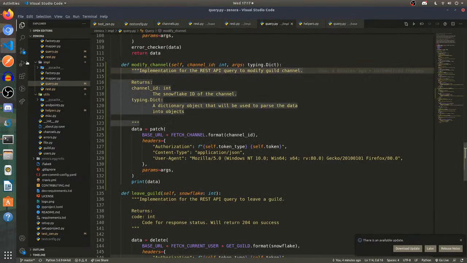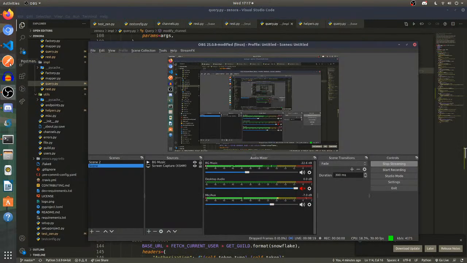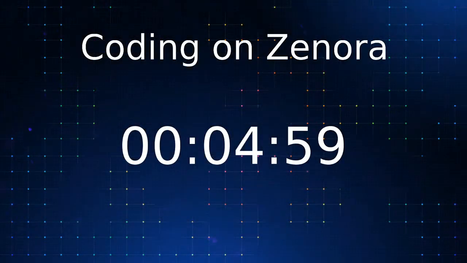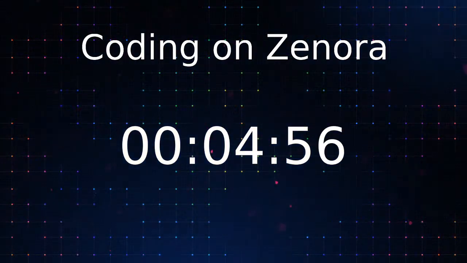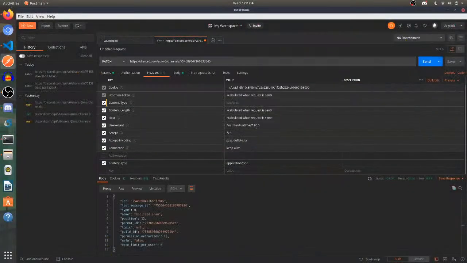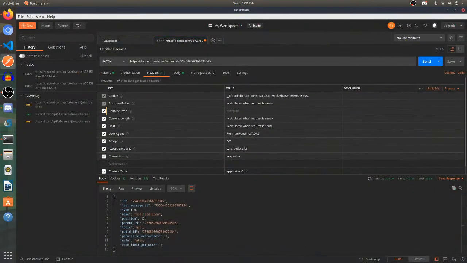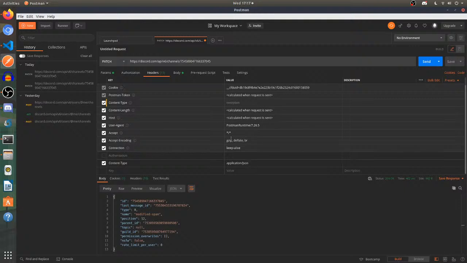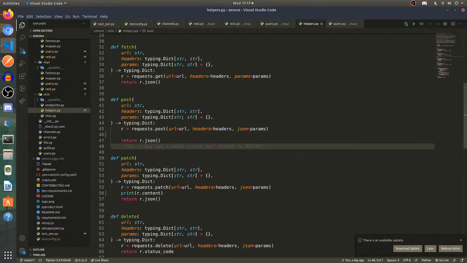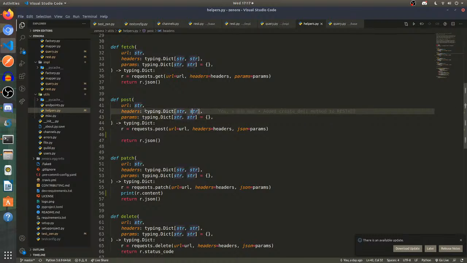I still don't get what headers it was sending. Let me actually check Postman and check the headers. Okay, I'm back, and what are the headers? The headers have the runtime accept, they have connection keep alive. So let's do accept. Let's copy this and go to helpers.py, and we have the headers over here.